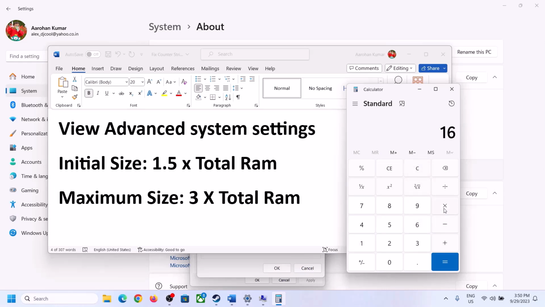16 into 1024. 1024 is actually 1 GB is equal to 1024 megabyte. So 16 GB in megabyte will be 16384. Into 1.5, 1.5 into total RAM. This is my total RAM in megabyte. Now 1.5 into total RAM, that is into 1.5. So in my case initial size is